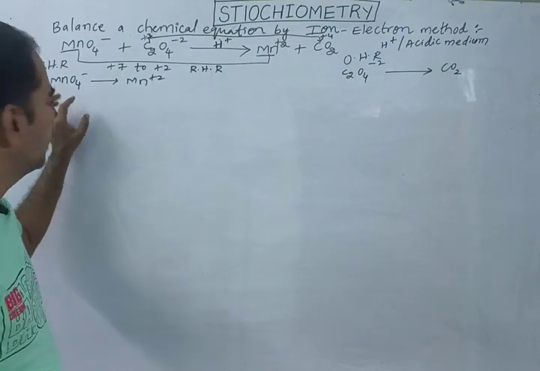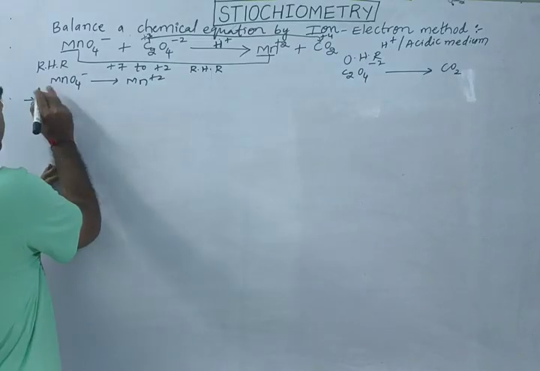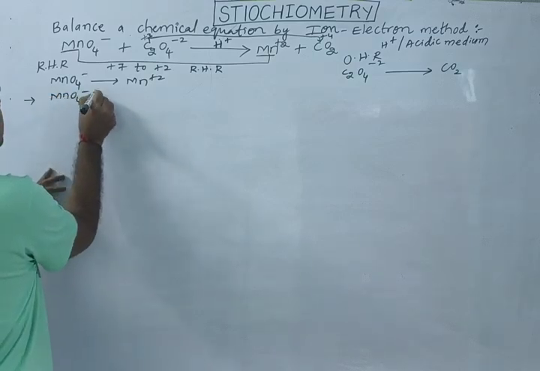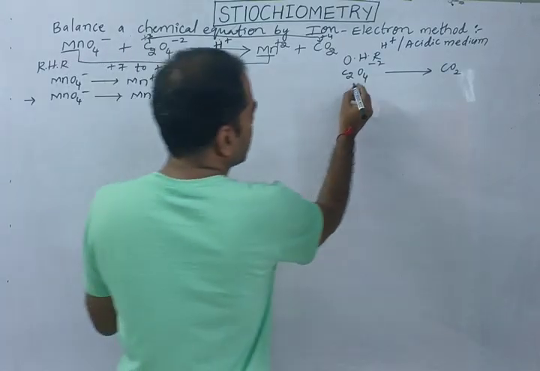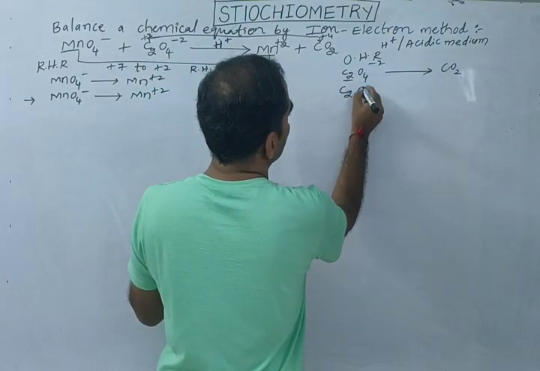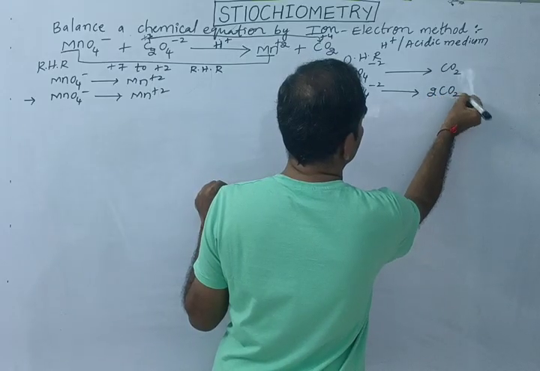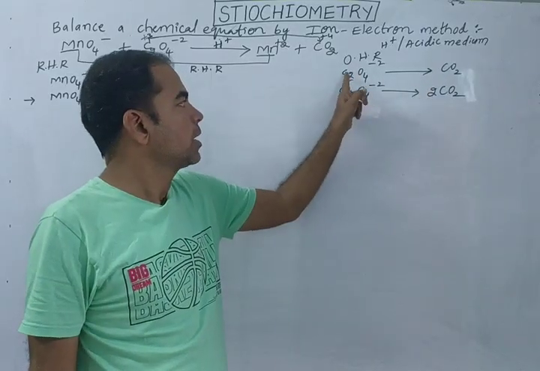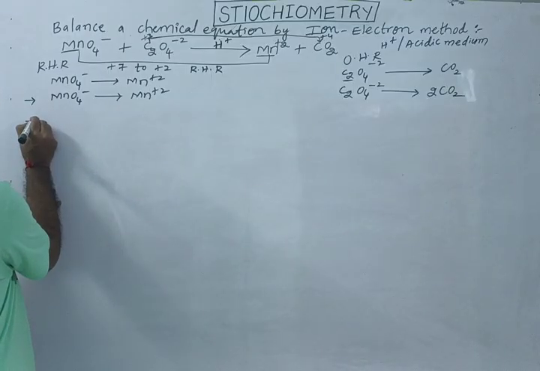Other than oxygen, Mn is present here, and both sides are the same, so MnO4 minus gives rise to Mn 2 plus. Here there are 2 carbons and on the right only 1 carbon, so simply write C2O4 2 minus gives rise to 2 CO2. Carbon is balanced here. In the second step,